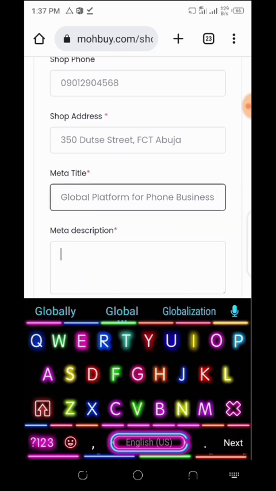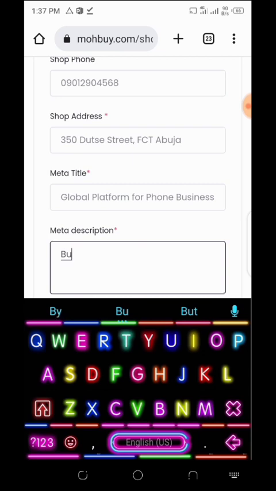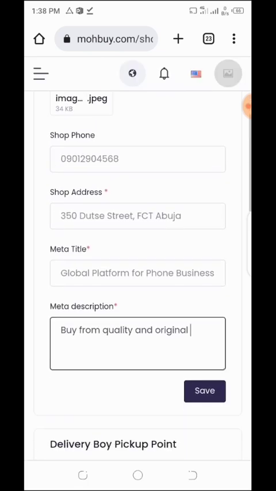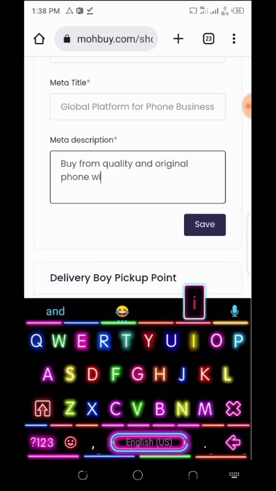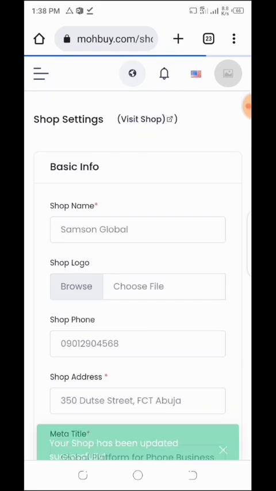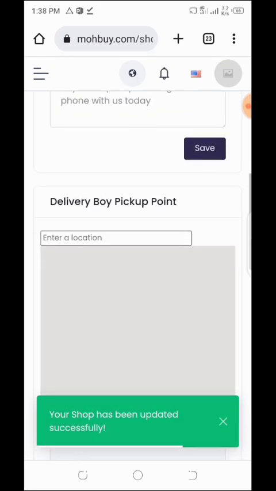Then I will copy my description and say buy from this platform, buy quality and original phone with us today. I click on save, and so after this is saved, my logo for the website is going to be saved,